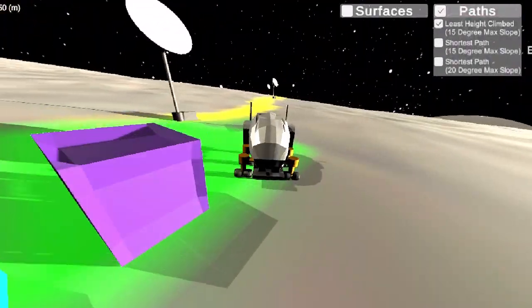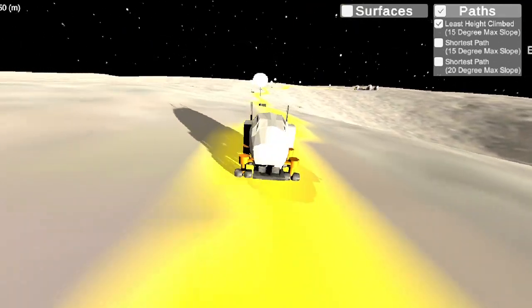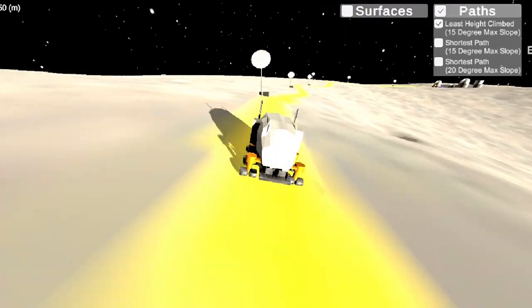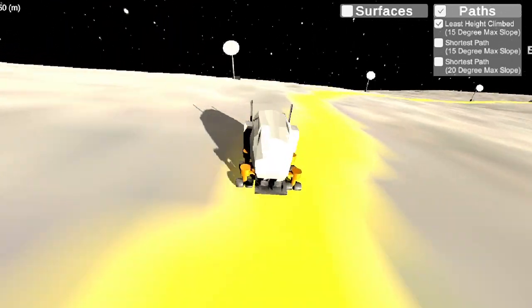We see a version of this app supporting future training activities by allowing astronauts to memorize exactly what route they will be taking on the moon, and through a virtual reality implementation, even walk, research, and navigate the path themselves.